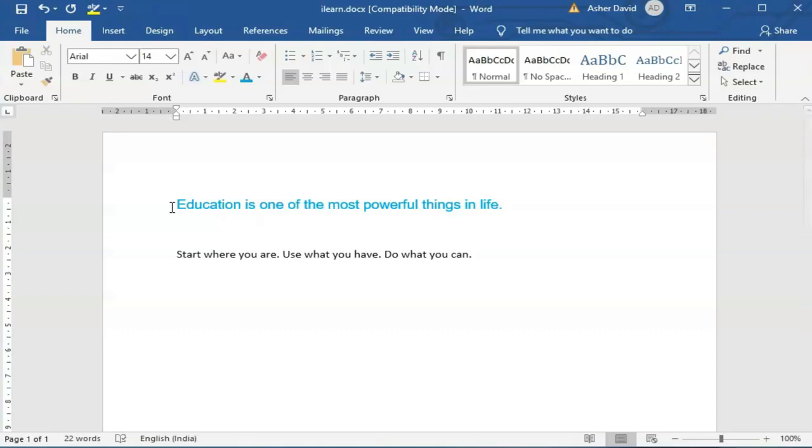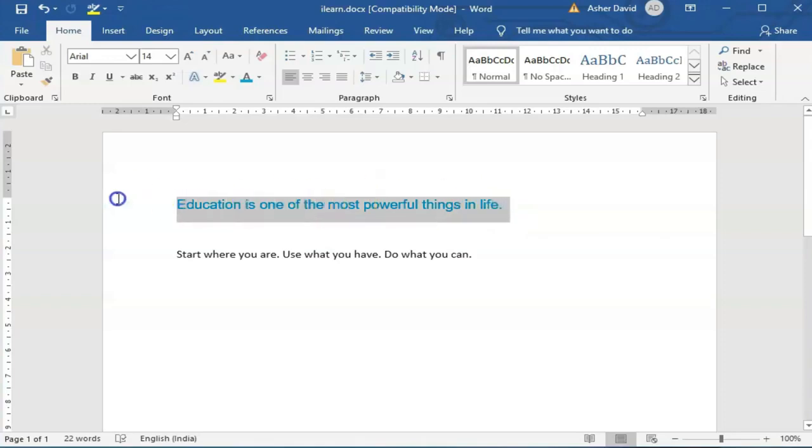Now making text bold, italic and underline. Apart from changing the font face, size and color of the text, you can also make them bold, italic and underline by using the following steps. First, again you have to select the text which is to be formatted.